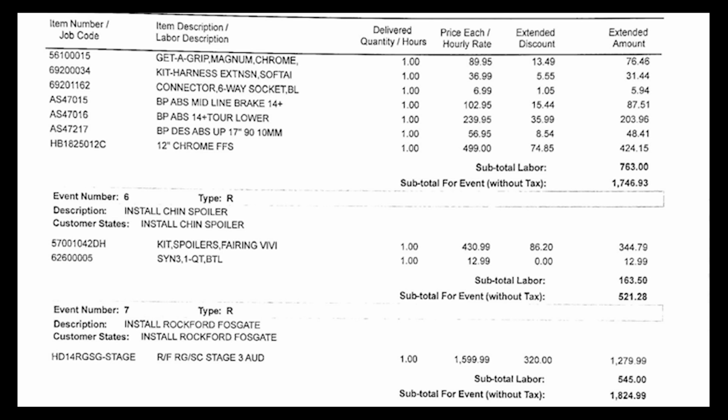But your bars themselves were $424.15. The labor, because it's so labor intensive on the Road Glide to swap out the bars, ended up being $763. So a total to put those bars on this bike was $1,746.93. So pretty hefty, but I've been back in the shop plenty of times while they were